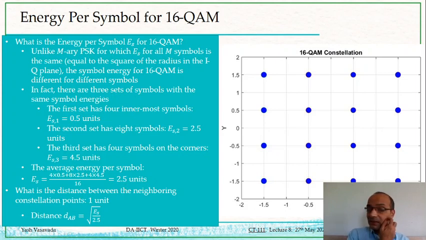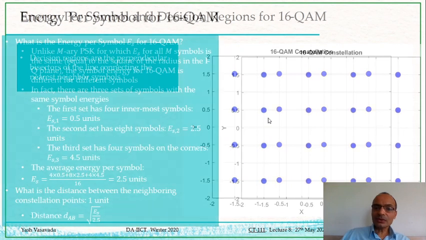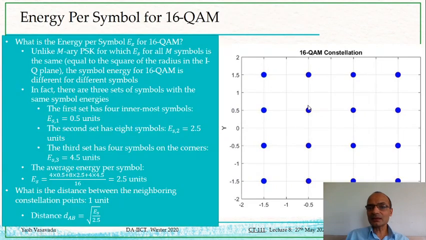Now remember, we said that in the performance determination, what matters is not really the absolute energy per symbol, rather it is the distance between the constellation points. And so in this case, you can see that the distances are all the same among the adjacent points. And that distance is going to be exactly equal to square root of this average symbol energy divided by 2.5. Okay, so that is the formula. Where is this coming from?